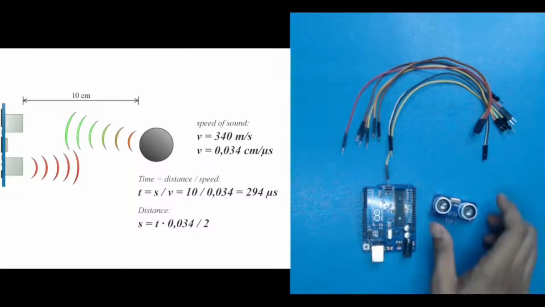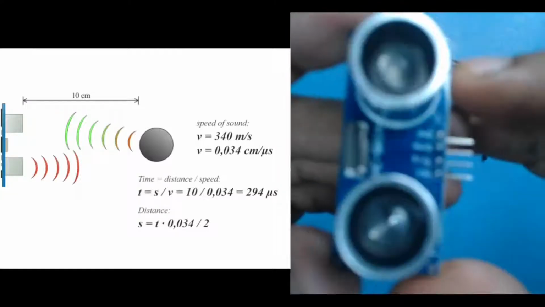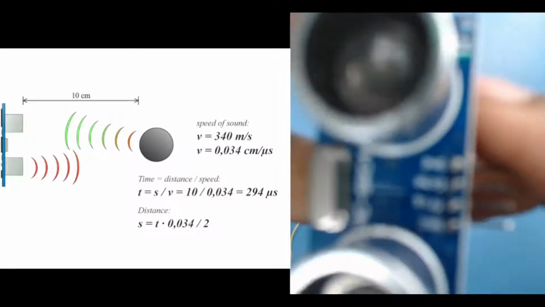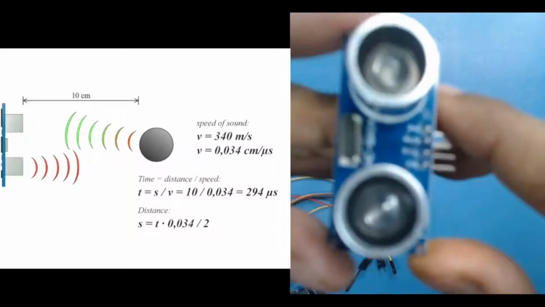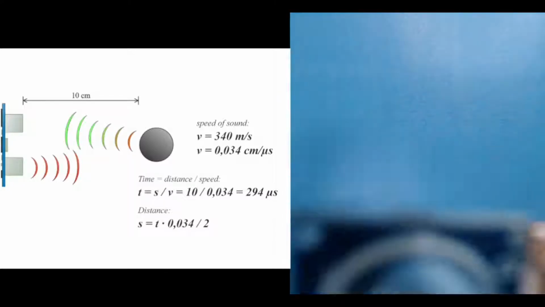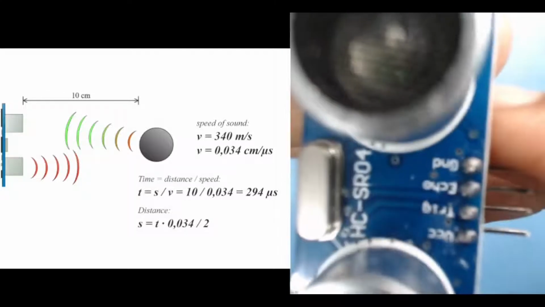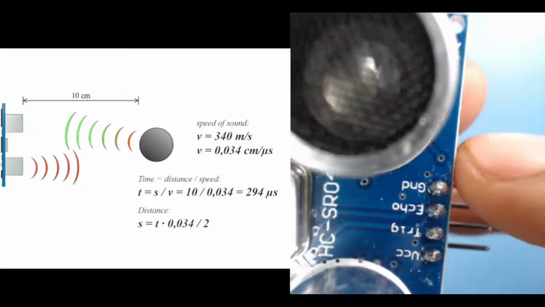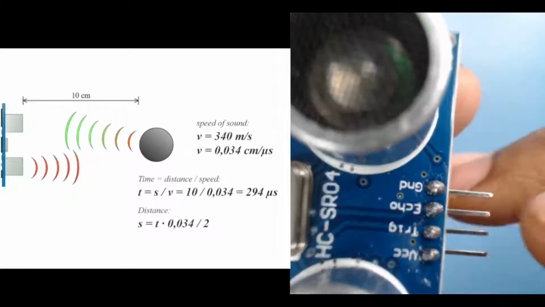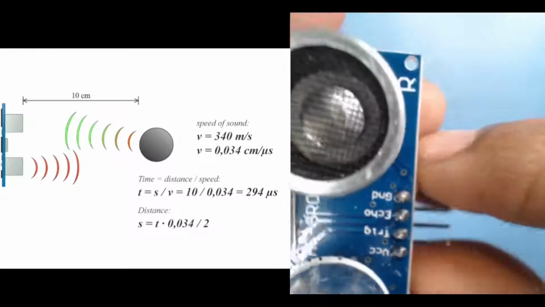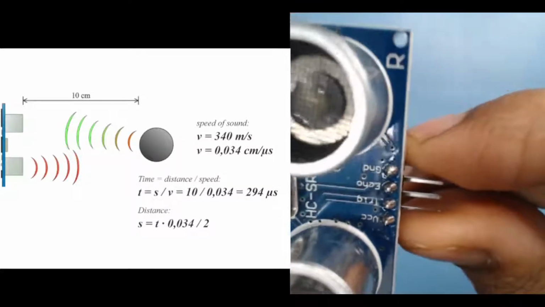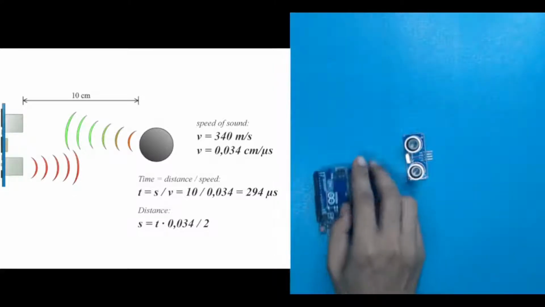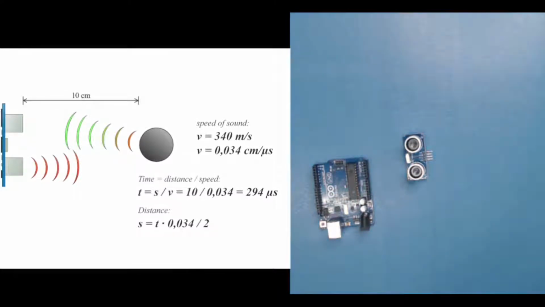Before going to Arduino, let me show you the pin description of our ultrasonic sensor. So let me focus it. Okay, so here you can see we have 4 pins, that is VCC and ground being the first and the 4th pin, and in the middle we have the trigger and echo pins. Trigger is your transmitter and echo is the receiver. So these are your 4 pins. Now let's see how we can use it. So let me hide this image for now,